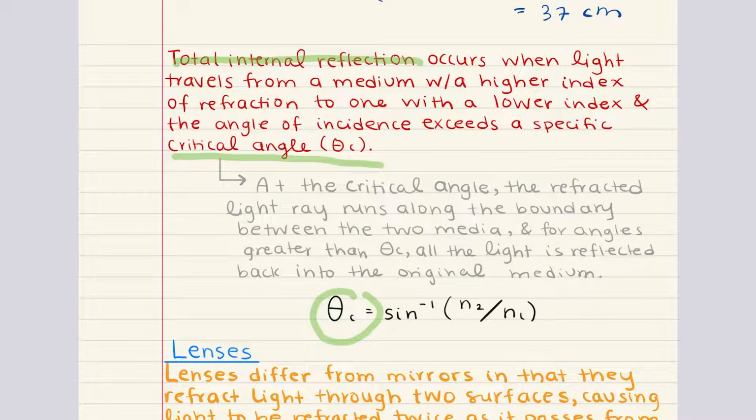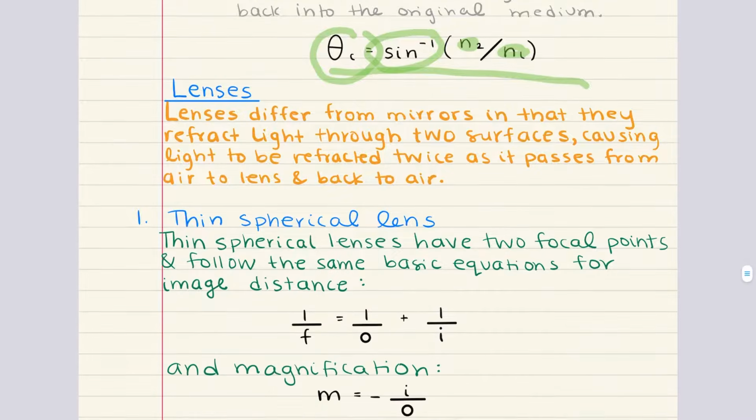The critical angle can be calculated using this formula right here. This formula says that the critical angle is equal to the inverse sine of n2 divided by n1, where n1 is the index of refraction of the initial higher index medium, and n2 is the index of the second lower index medium. With that, we want to move on to lenses and see how they differ from mirrors in terms